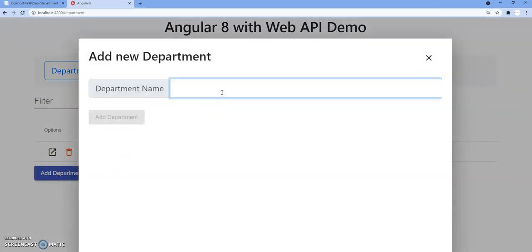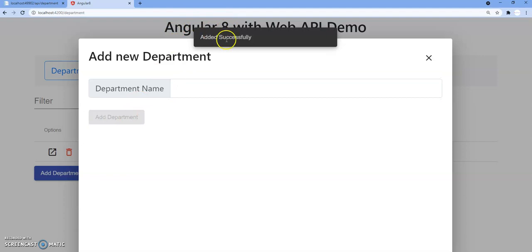Let's say we are creating support, and upon clicking add, here it is displaying this message. This message is basically we are using material design snack bar. So using that we are displaying that message. Let's close this window,